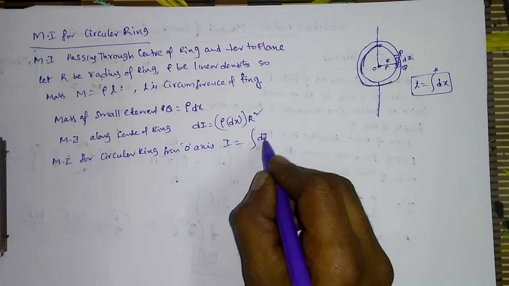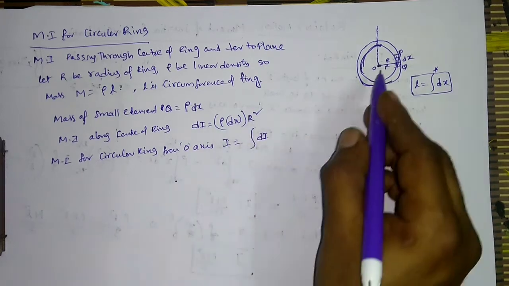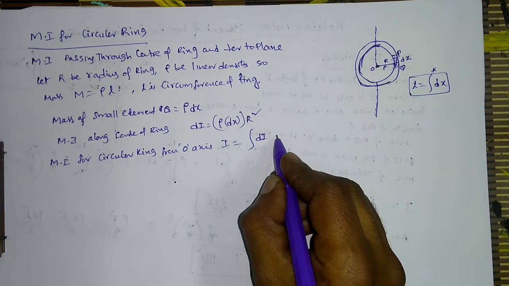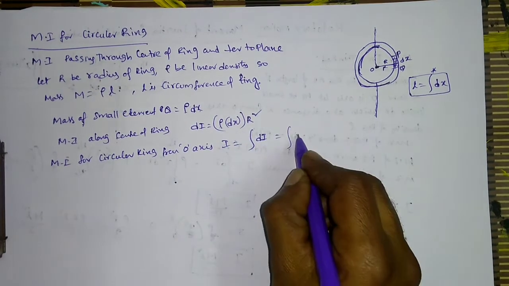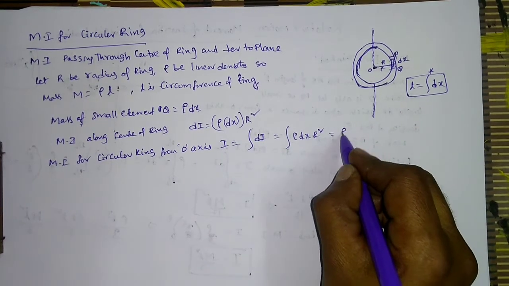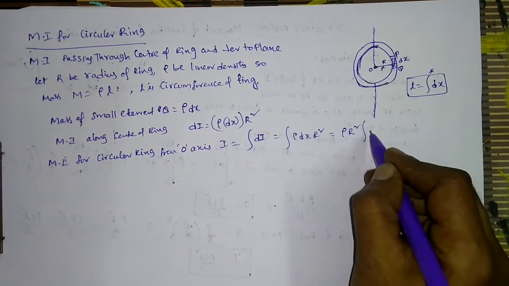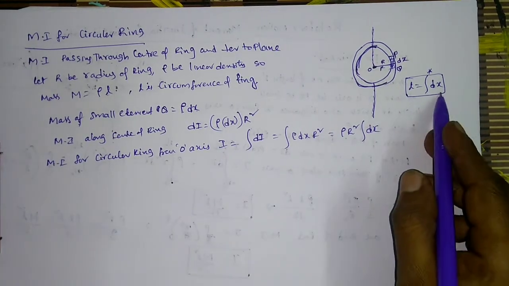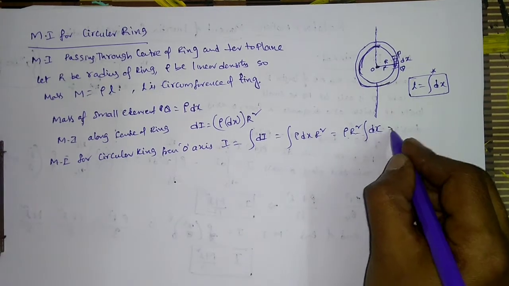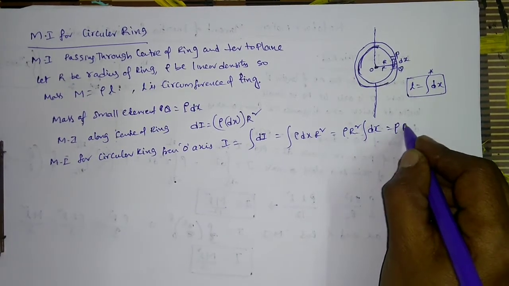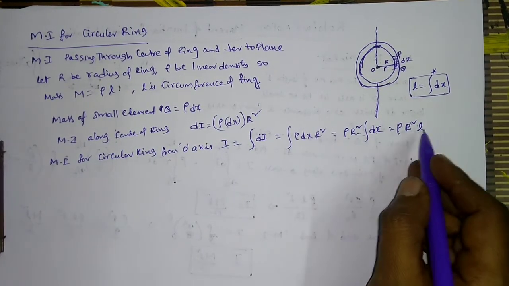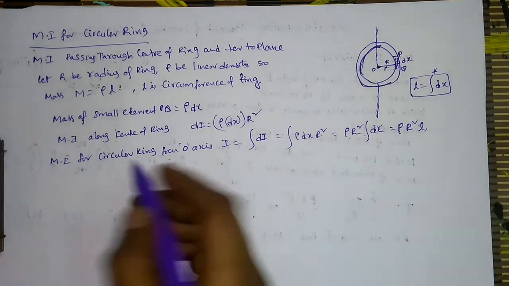Now as we know, dI means rho r square. Throughout the radius, it will be constant only because it is uniform. You can use the integration of rho dx r square. Keep the r square and density outside, so rho and r square will be outside. You can simply say the integration of dx, and as we know, the integration of dx is nothing but length only. So that means rho r square times L only.